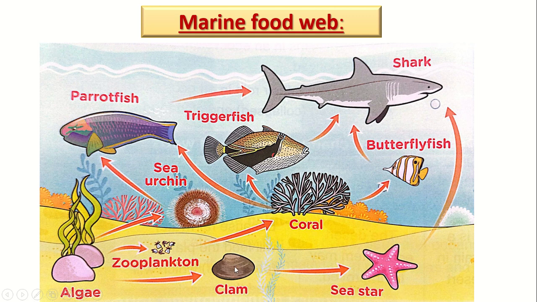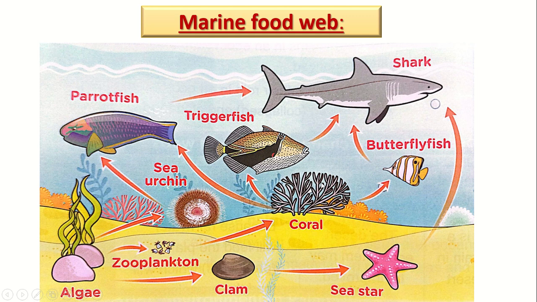Okay, so the clam can be eaten by the sea star. The zooplankton can be eaten by corals. The sea urchin can be eaten by parrotfish. Now who is eating the corals? We have three fish that can eat the coral, which are butterflyfish, triggerfish, and the parrotfish. So the parrotfish can feed on sea urchin or coral. So the triggerfish, butterflyfish, and parrotfish